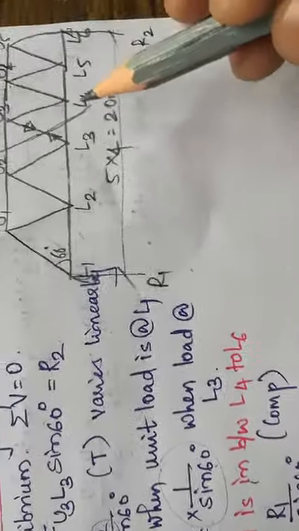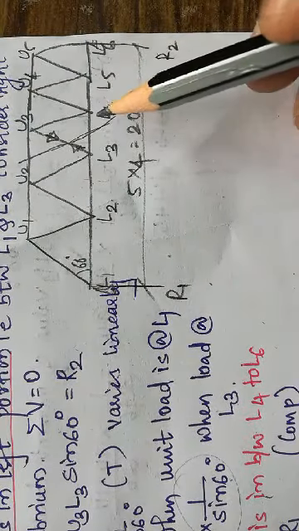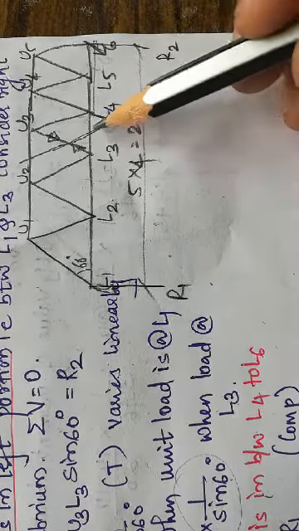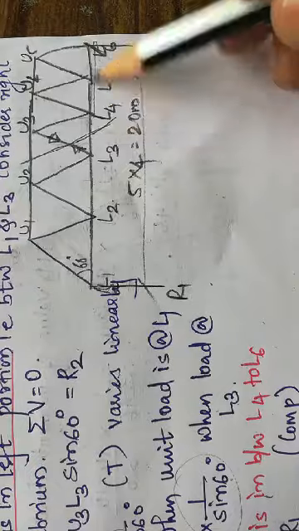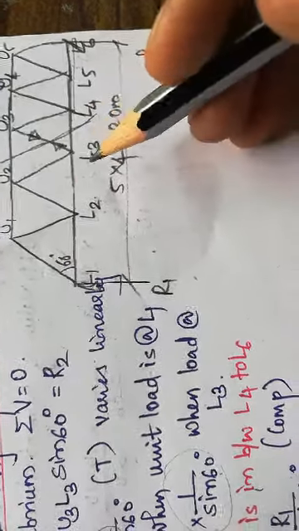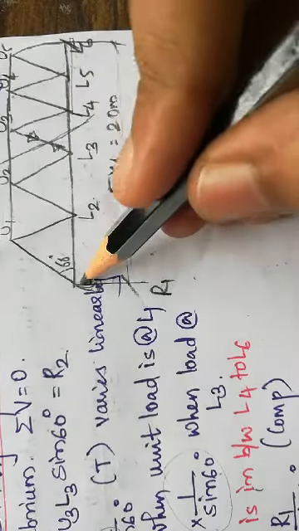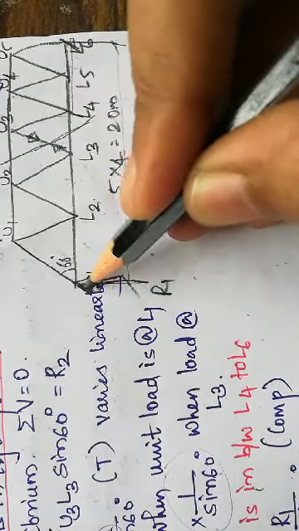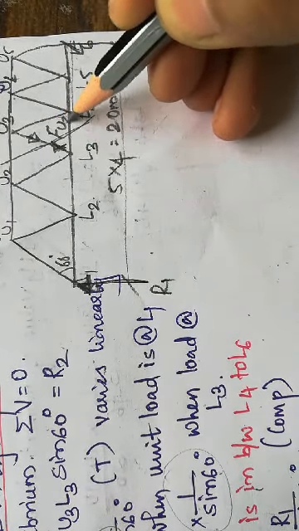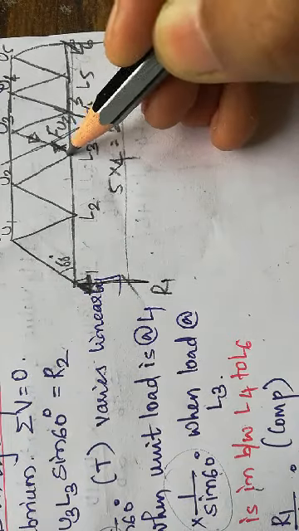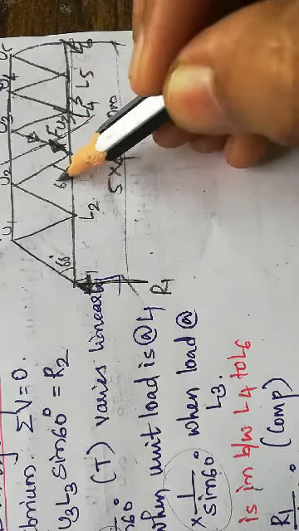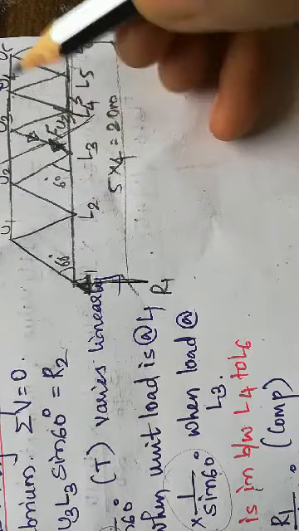Next, now let us consider when the load is in the other part, that is the other half of the truss, in between L4 and L6. When the load is acting here, we have to take the equilibrium about the left hand side. So if you take the equilibrium of the left hand side, you will have what? This R1 and the force here, U3, L3. Now this force is acting inclined but upwards. So this angle is also 60.